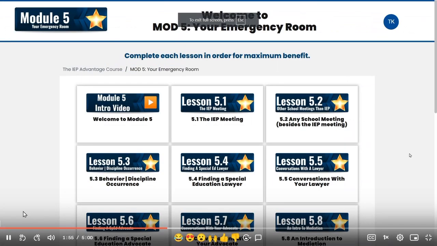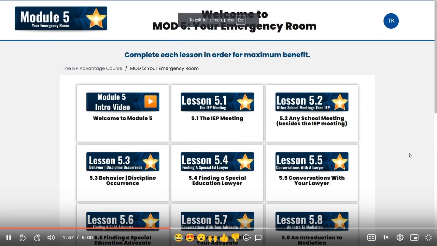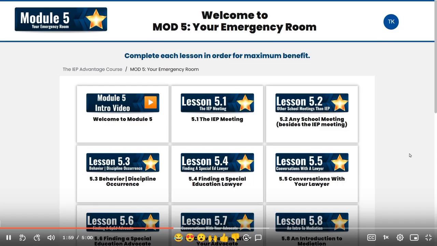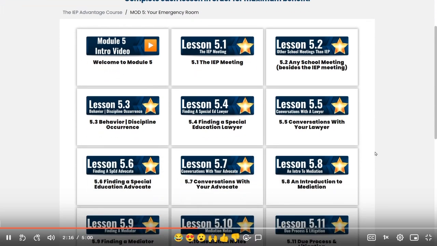Right, but that's not always how it goes, and that is why the emergency room is here. If you find yourself where there are red flags going on in the school, which I'll help you become aware of through the prior modules, if you're getting to where there's a point of having a problem and you didn't know what to do, this is where you dive in. And along with finding a lawyer or an advocate, you have to keep track of that too, and I'm going to help you be